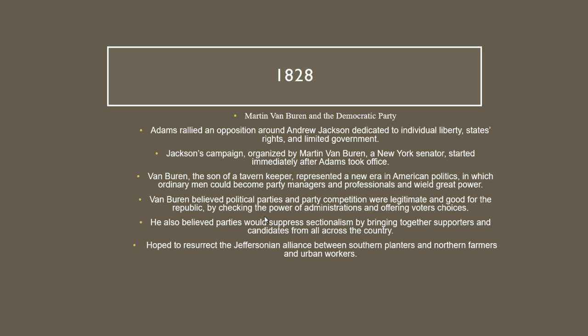By 1828, Van Buren had established the political apparatus of the Democratic Party, with local and state units overseen by a national committee, and newspapers devoted to the party. Adams disdained political organization, refused to dismiss federal office holders who campaigned for Jackson, and did little to promote his own reelection. Outside of a commitment to limited government, Jackson's campaign made few promises, but instead relied on his popularity